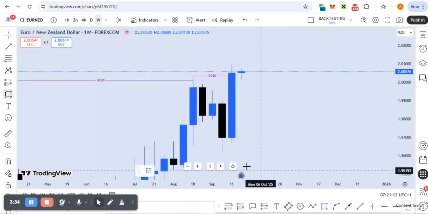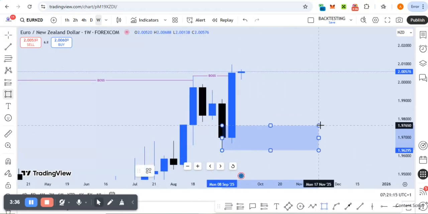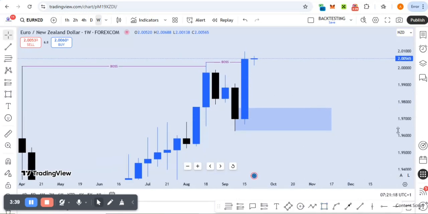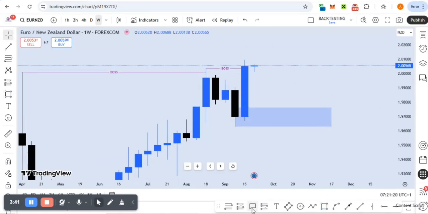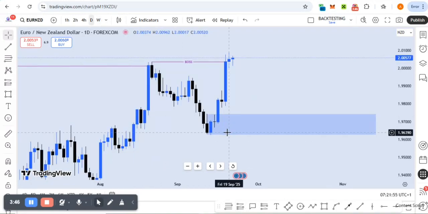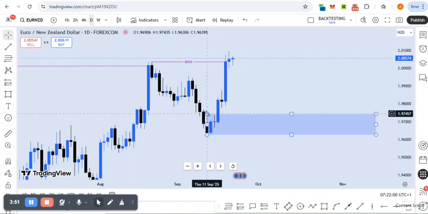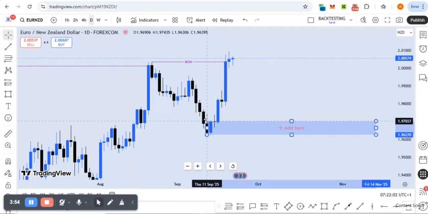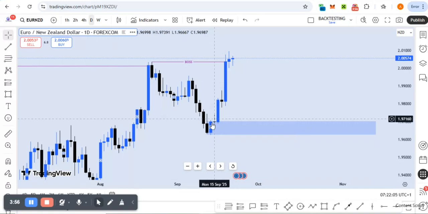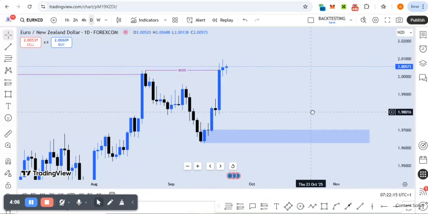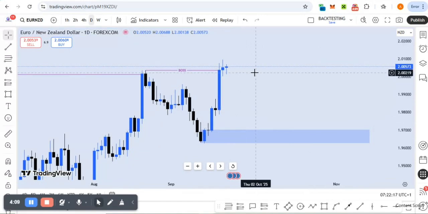Where we should position is simply the order block when price returns. So we actually advise that you refine your order block. Let's just refine it to the daily time frame. So you can see how beautiful it is, right? Now that we have a break of structure to the upside on the daily time frame, we'll just wait for the order block. You can as well refine it further, let's say to this point. That all depends on you. So you'll be taking this psychological level, which is 1.97. It will align with it and it will be amazing, right? Personally, I'm going to wait for price to come to this point for me to join this buy, right?